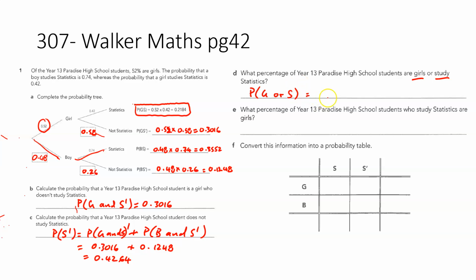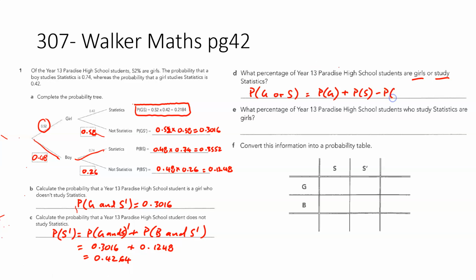That's going to be the probability that they're girls plus the probability of anyone studying statistics, but making sure that we don't double up on the girls who study statistics, because otherwise they're going to be in both. So first of all, the probability you're a girl, 0.52,